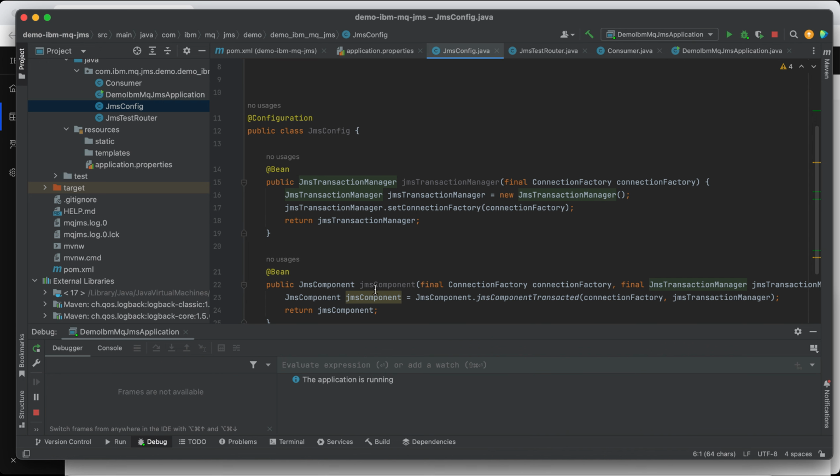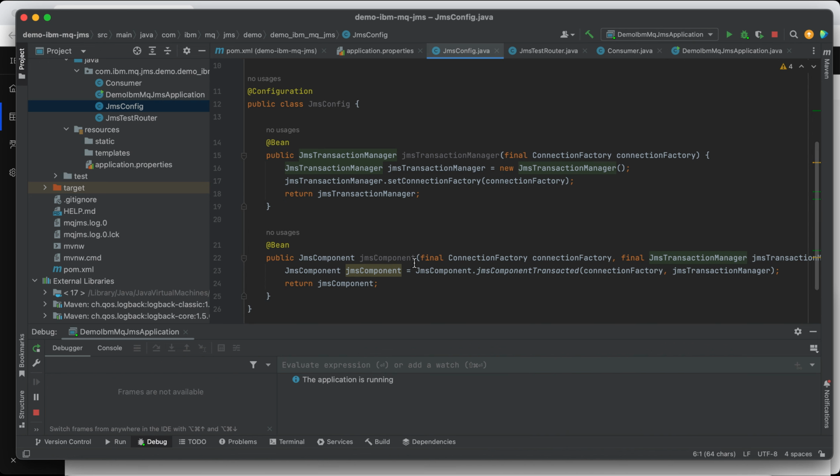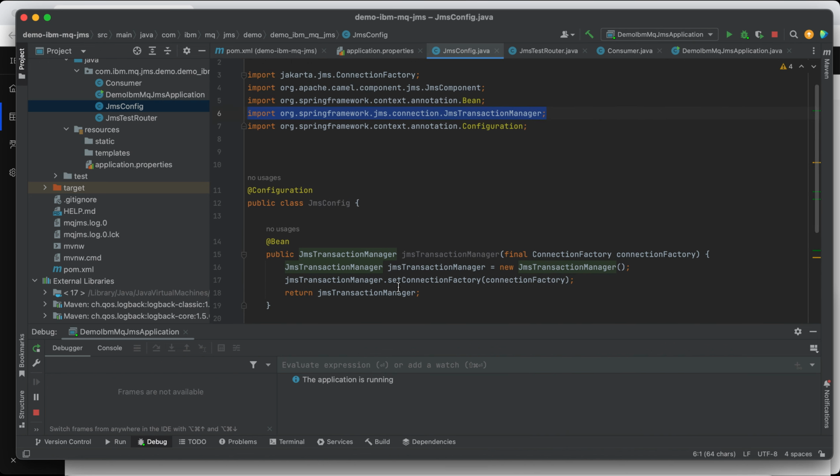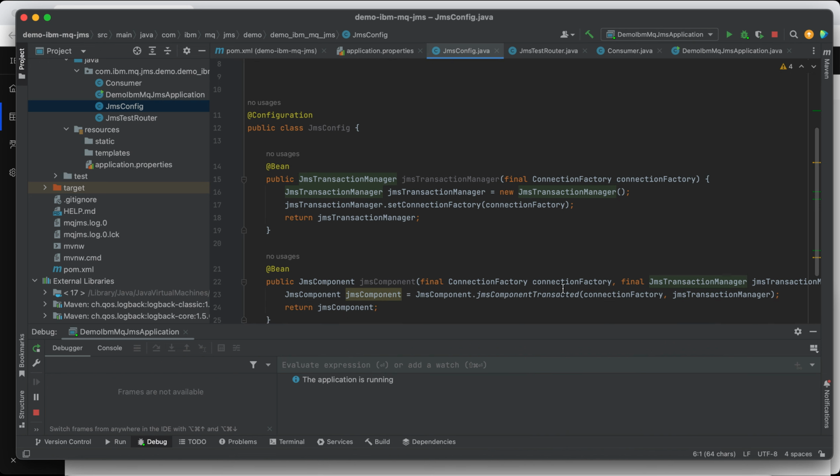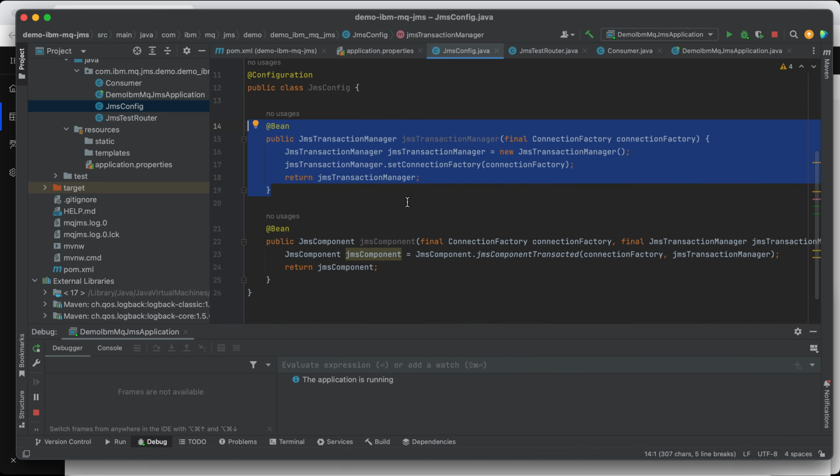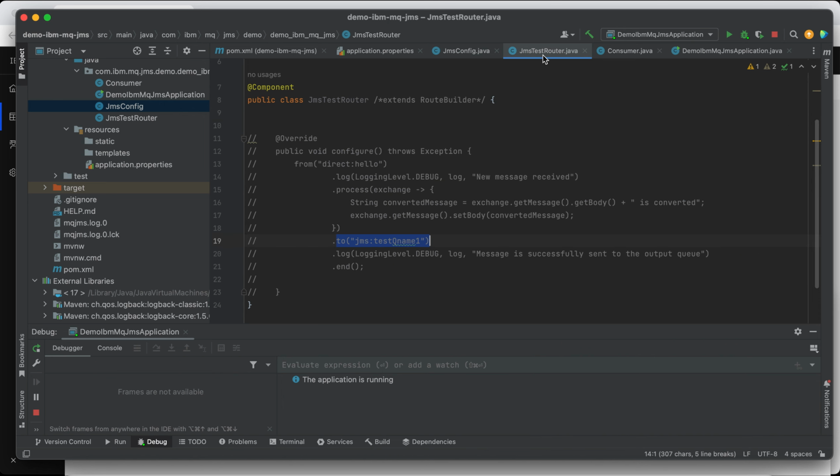JMS component. As you can see, the JMS component uses the transaction manager. That's why we define this. See why we use this again? In our Apache Camel configuration, we want to route the request to JMS, right? That's why we need the JMS component.